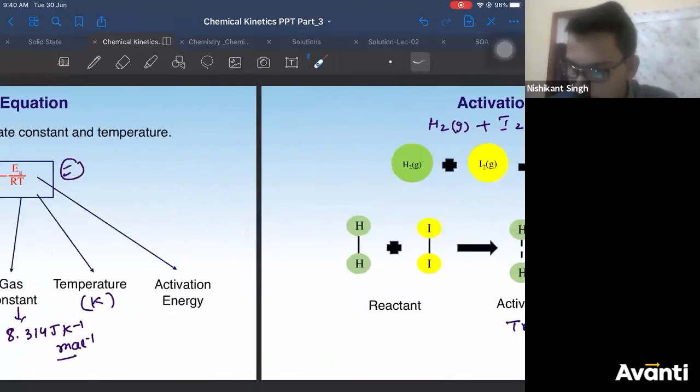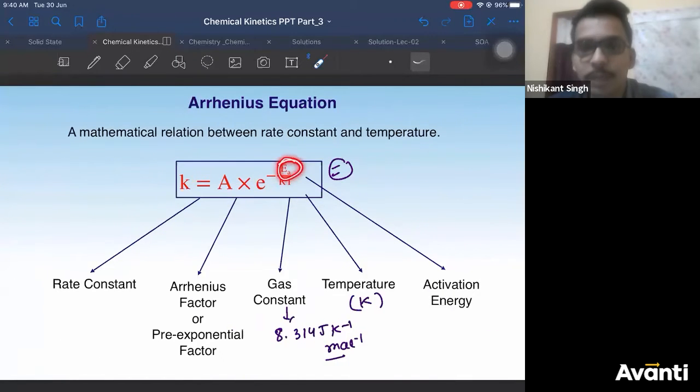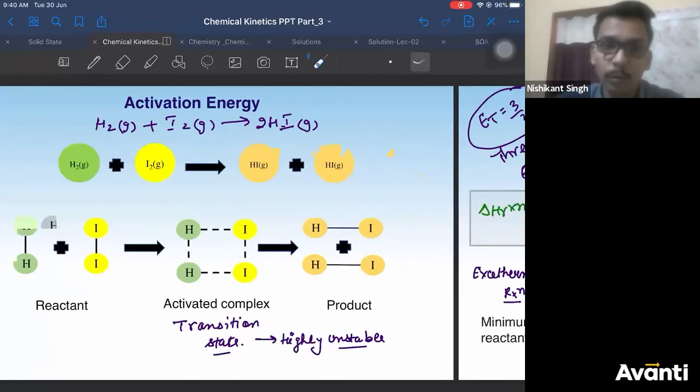So in this formula, you know what activation energy is, right? So see carefully, logically. Which reaction,